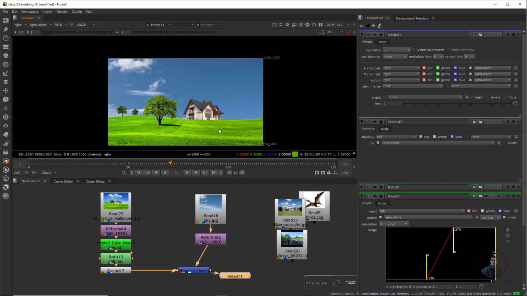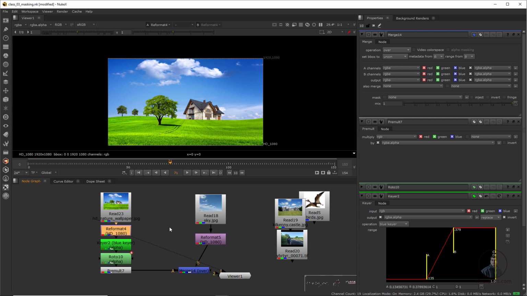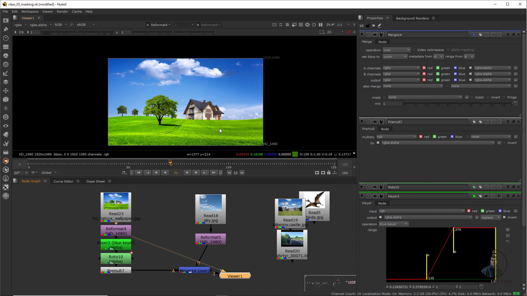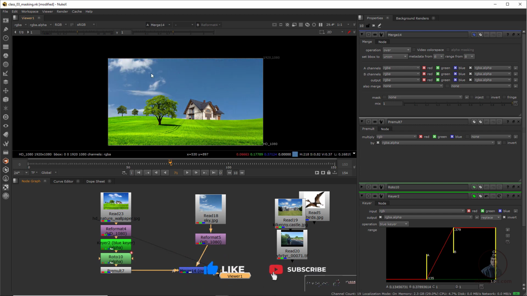Now you can see. Select this one, press 1, and select this output and press 2. Now we can easily compare. This is our original footage, or original image, and this is after removing or replacing our sky. For the remaining sky, you can change it according to your requirement.